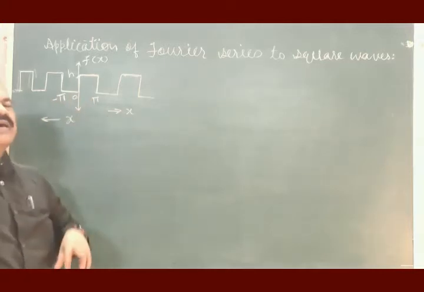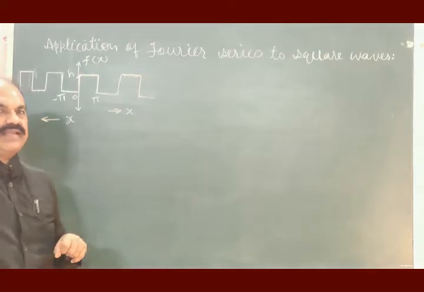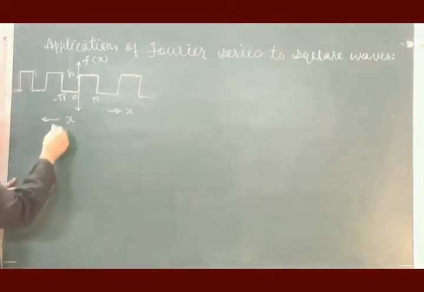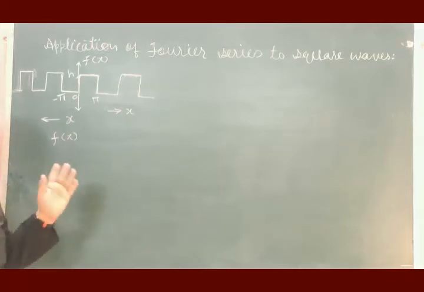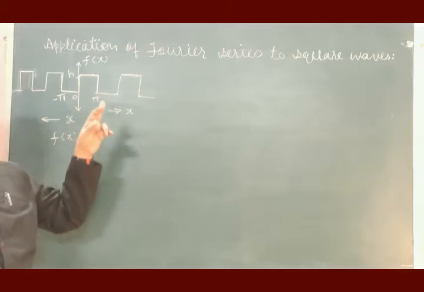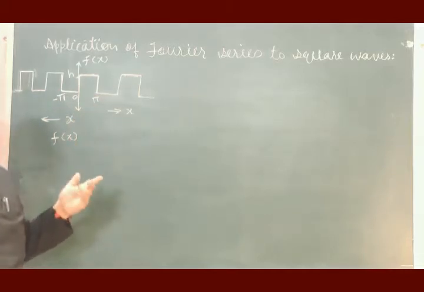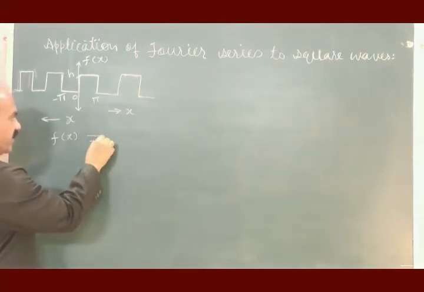Minus pi to pi, that is 2 pi. Then this square wave can be represented as a function f of x. This f of x is equal to,